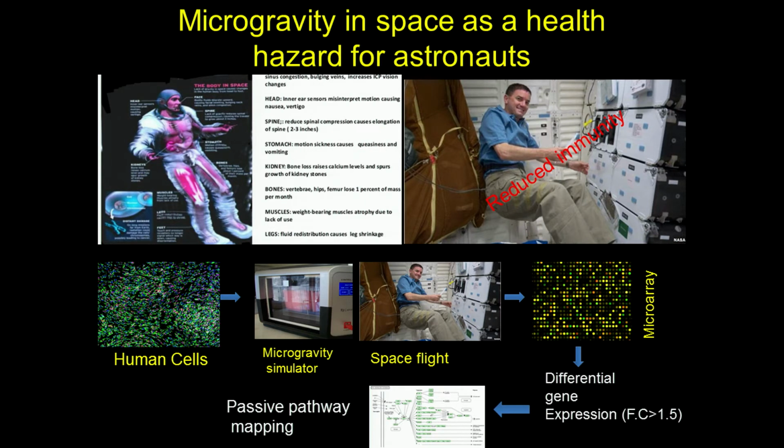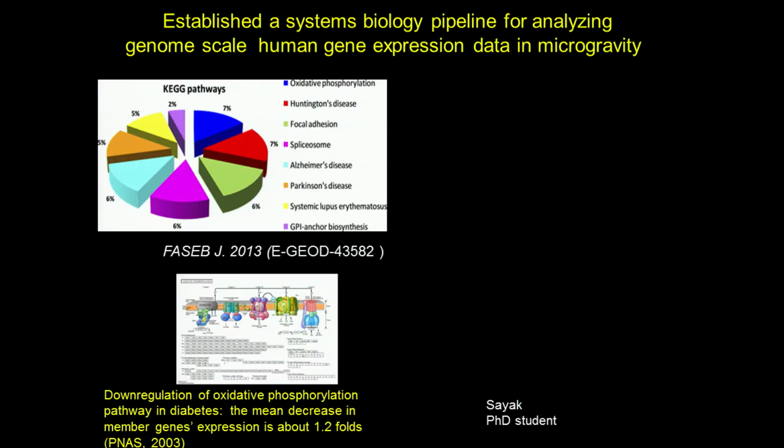People have tried to understand that reduced immunity in terms of cell molecular genetics, and there are some processes to do that, like differential gene expression and pathway mapping. It does have two caveats. So, the caveat is